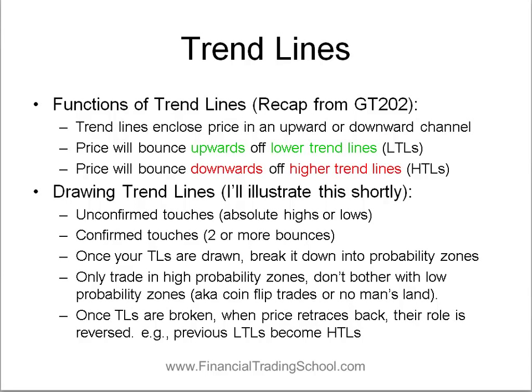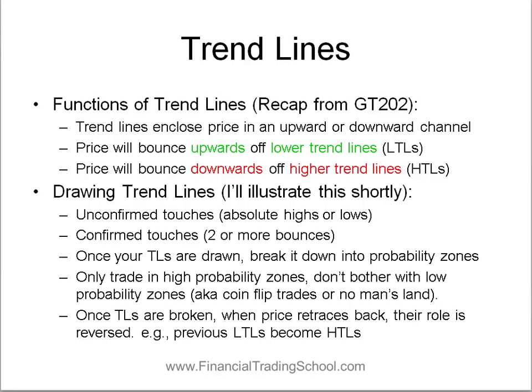Then you have your confirmed touches, which means you have 2 or more bounces. So this is essentially just connecting the dots. You have one dot here and then a higher dot up there. You connect the dots, you get a trend line. Done. Once your trend lines are drawn, you break it down into probability zones